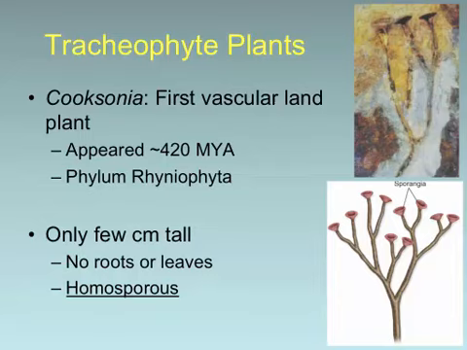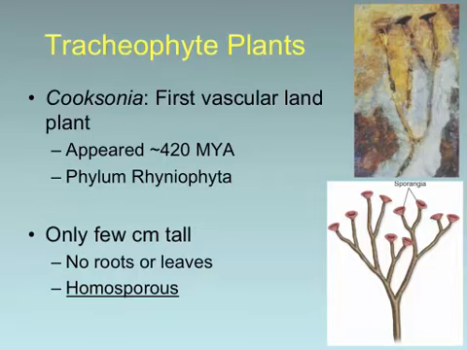They were also homosporous, which means that the spores they produce were all homogeneous. In other words, if you had a male spore-producing plant or a female spore-producing plant, they would look identical. You couldn't tell them apart. With most of the modern-day tracheophyte plants, they do look different. The male and female spores are different enough. You can tell what they're going to become.